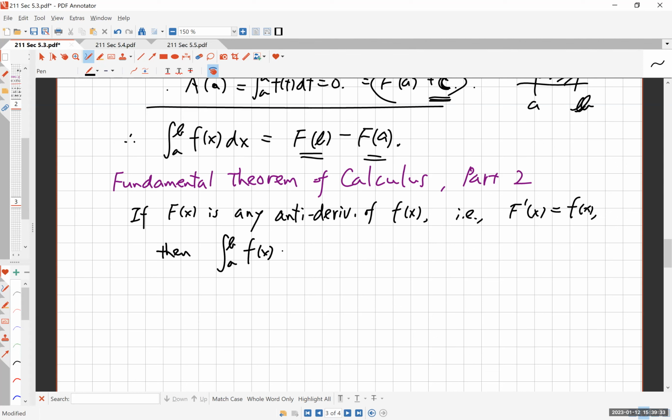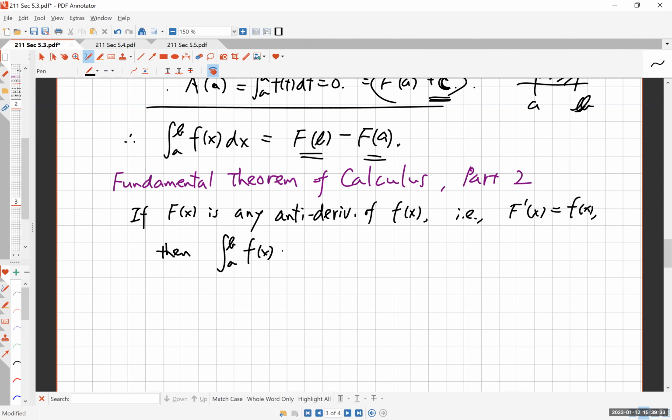It used to be the limit as the biggest subinterval approaches 0 of the Riemann sum. We no longer have to depend on that. In fact, we just find the antiderivative and evaluate it at the two endpoints, okay? You don't even have to worry about the limits or the Riemann sum or subintervals or partitions or right-hand approximation or left-hand approximation. None of those things is necessary in order to evaluate the definite integral of f from a to b. All you have to do is find an antiderivative, any antiderivative, and evaluate it at a and b,